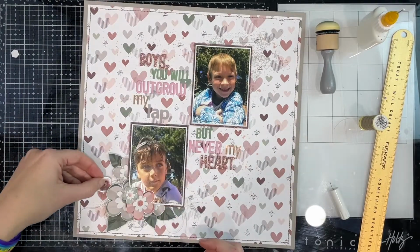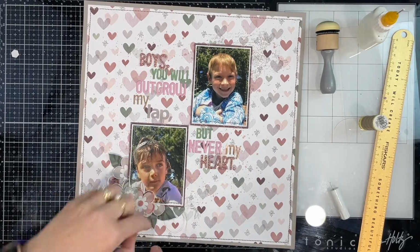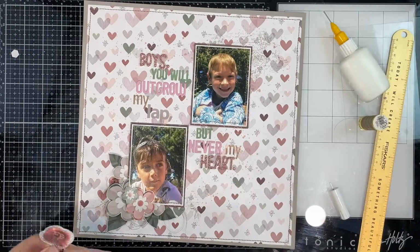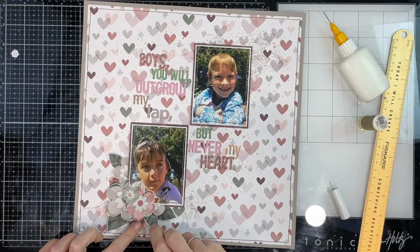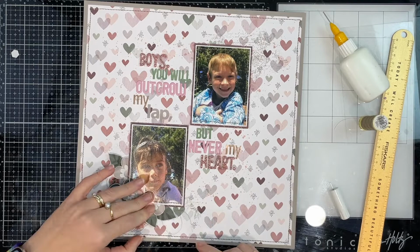And I found these ones. I thought, yes, they'll be perfect. You can see that one is already cut out around the actual floral lines, and then the other one isn't yet. But I'm really happy with the placement and look of those. I like the depth that it gives, and I like the pop of that darker colour that it adds as well. I'm going to add those in, and then you can see here I'm just adding a little pop dot,